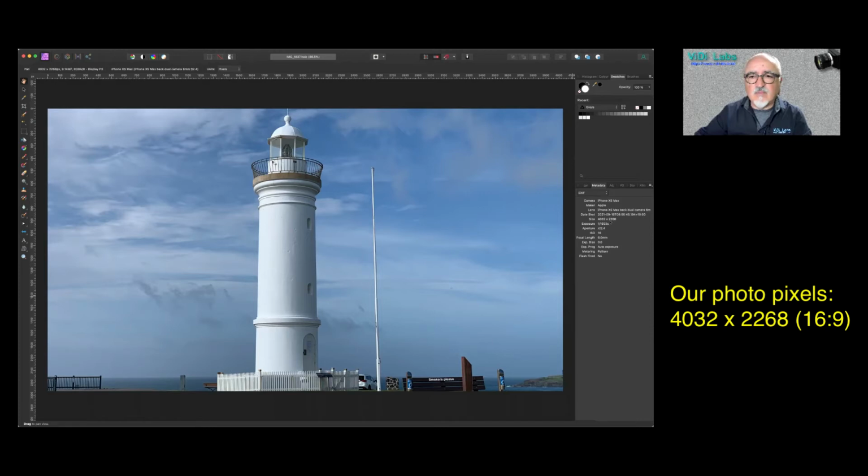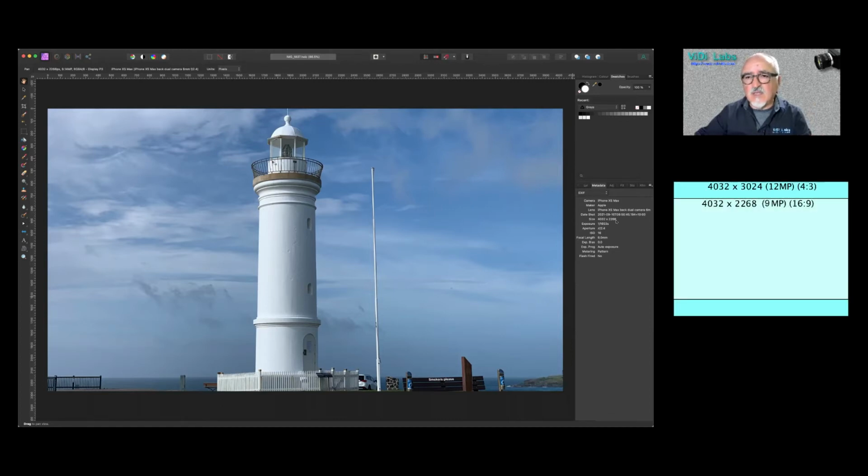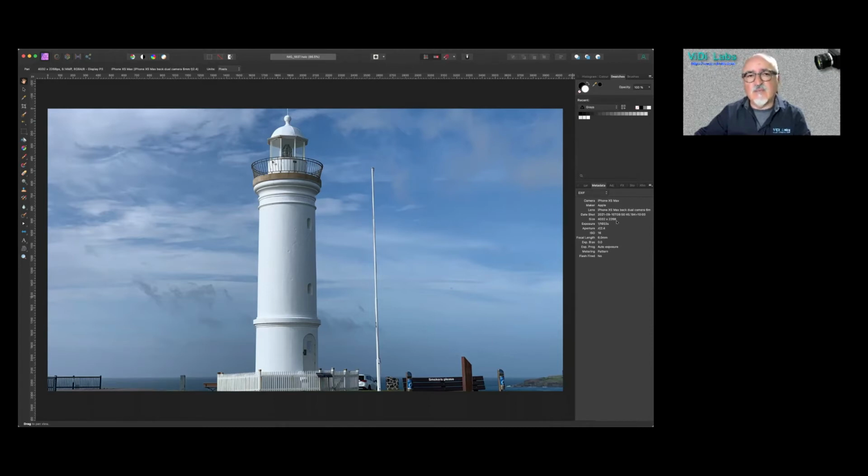I know that Apple has advertised that 12 megapixel is 4032 by 3000 and something. I have selected the actual aspect ratio of this photograph to be 16 by 9 in the setup of my camera menu. Therefore, and for that reason, the vertical height is not 3000 pixels but 2268, which is basically the aspect ratio of 16 by 9. So I like to take my videos and photo at 16 by 9. So if we remember these numbers,